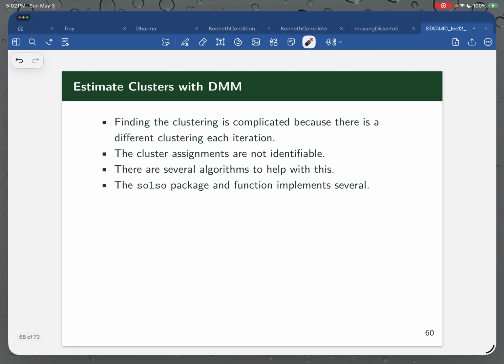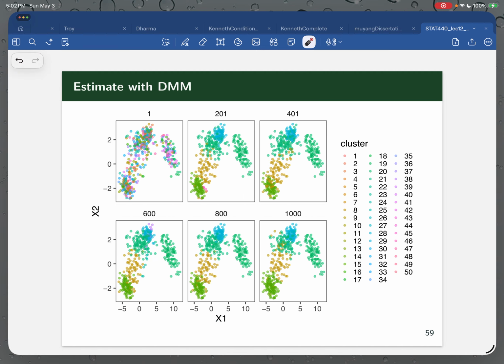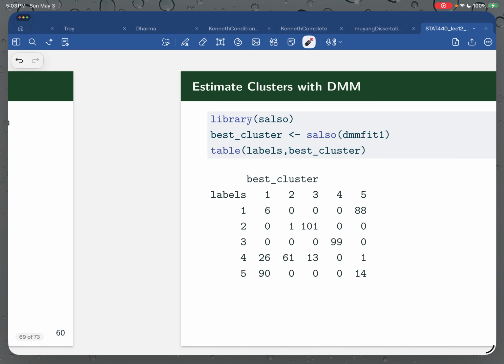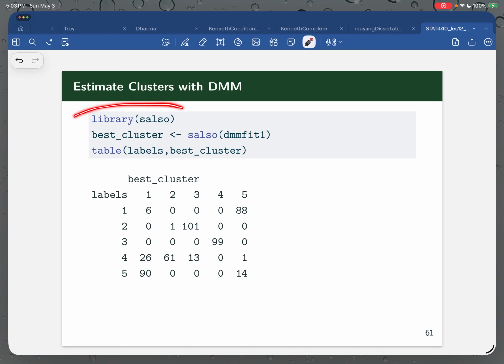Or if you want non-probabilistic cluster assignments, it can be a little bit challenging. I think it would seem reasonable to assign it to the cluster in which it spends its largest amount of time. And maybe that's what's going on behind the scenes with this Salso